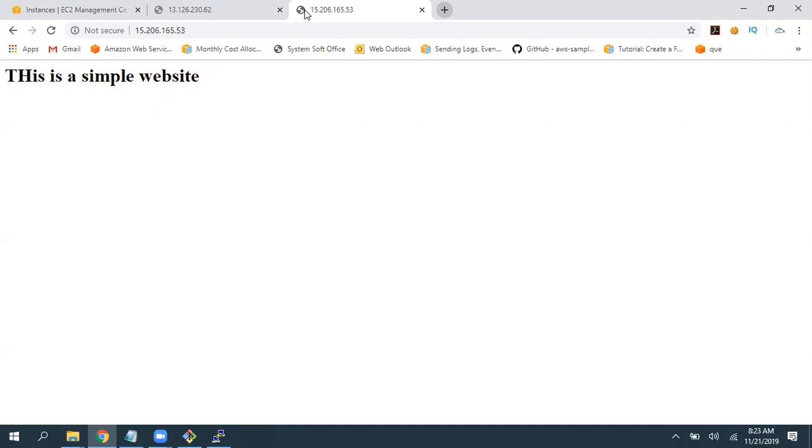Let's assume you install some database here and you give that IP address to all your developers and they have generated some connection strings, DB strings, and they're pointing their application. So due to some reasons, you have stopped and started. The IP address got changed. All your developers are not able to get connected to this machine.